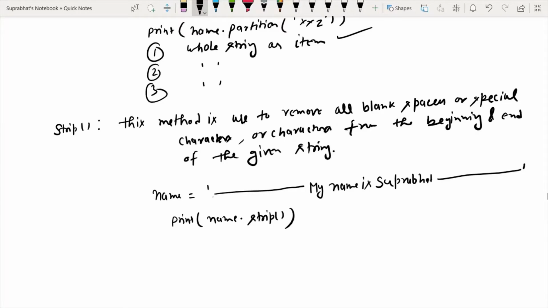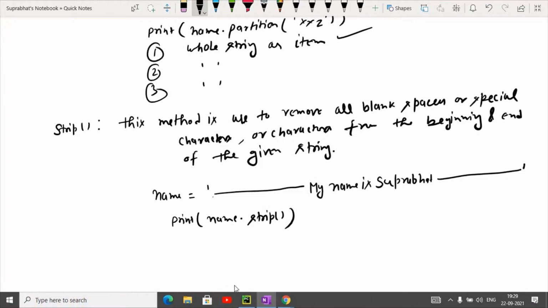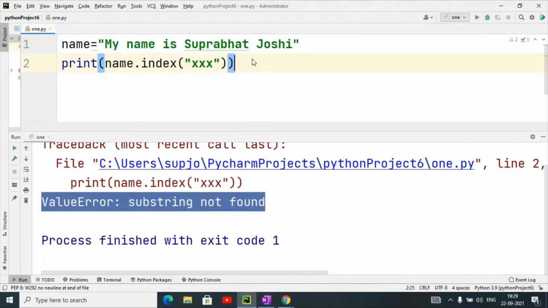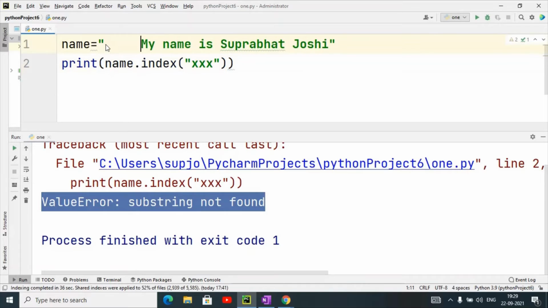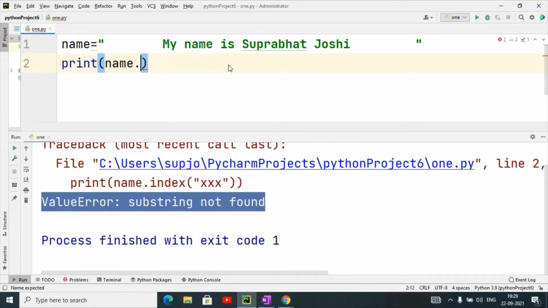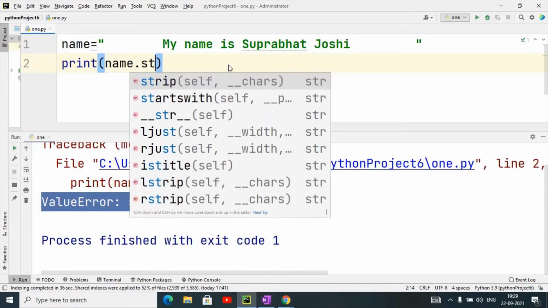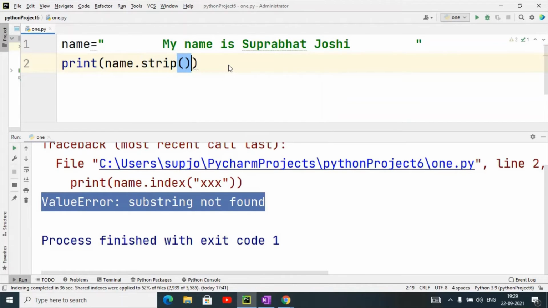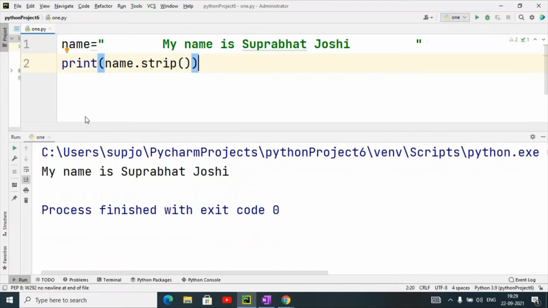So we can understand it by the practical implementation in PyCharm. Suppose I have written like this, my name, and here also I have given blank spaces. When I use the strip function, you can see it now gives my name with no blank space before and after the string.